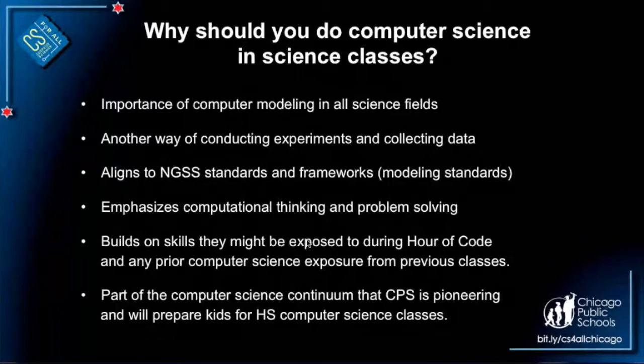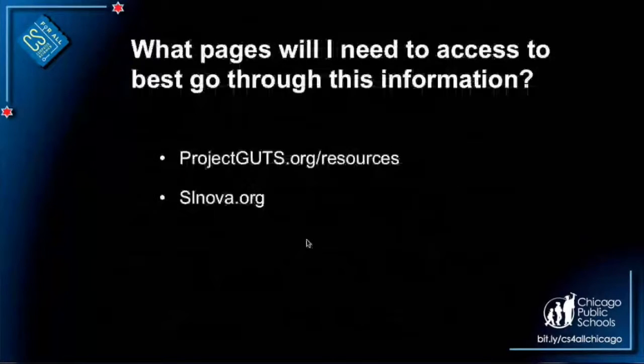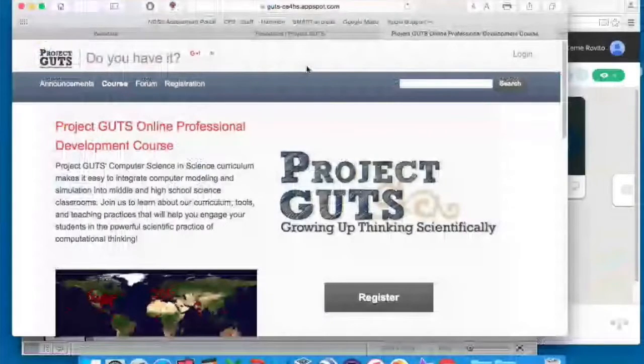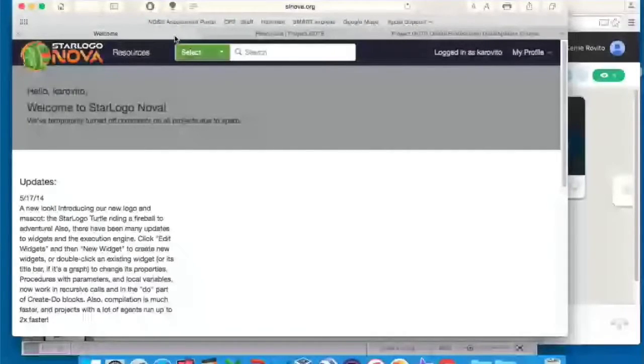So the 2 pages that you are going to need to know as you access Project Guts are the projectguts.org/resources page and the slnova.org page. I'm actually going to take you through right now and show you what those 2 pages look like. For the first one, you are going to need the Project Guts resource or their actual slnova page, and that's just slnova.org. You would log into your profile, and once you're here,